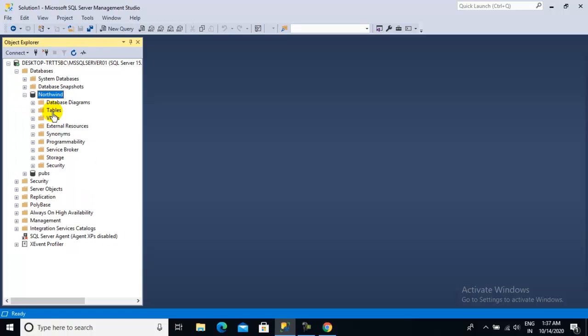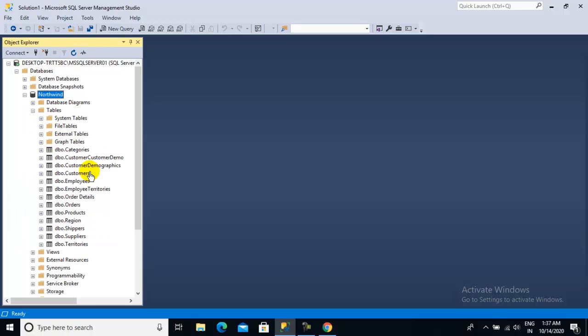It is a kind of e-commerce application where employee information, contact information, customer information, product information, order information, regional and shipping details, everything will be there. Generally, in any kind of project, there is multiple table information, so we need to store multiple kinds of information. In that case, Northwind is a good example. You can find all of the relationships here.